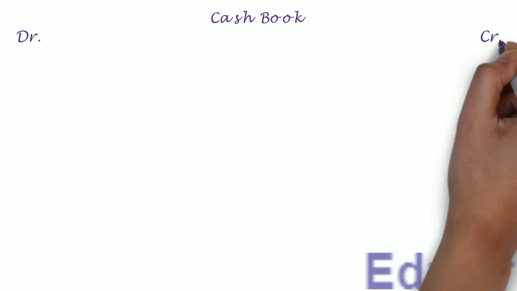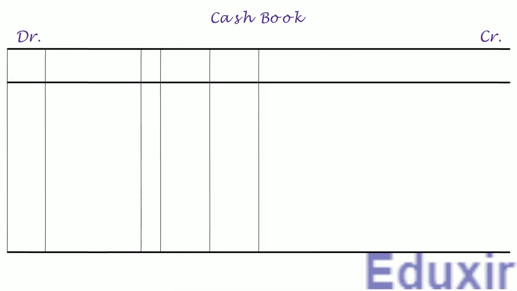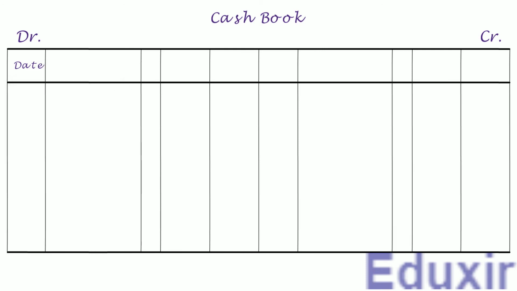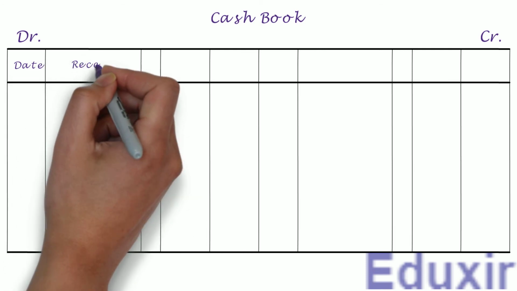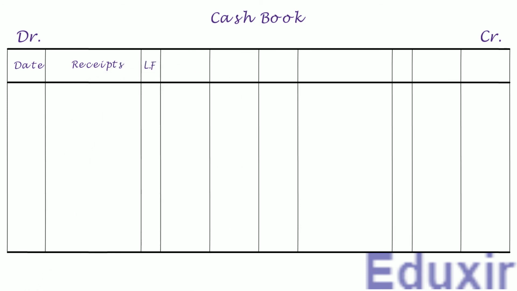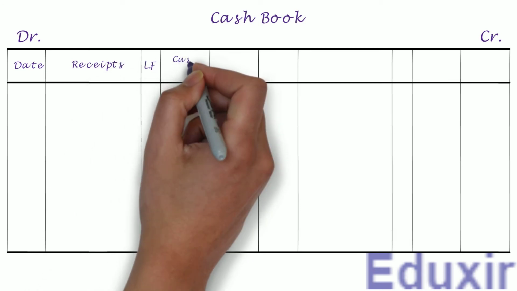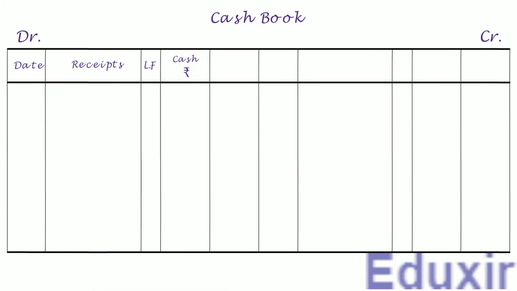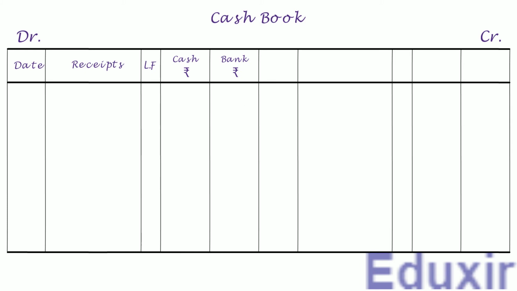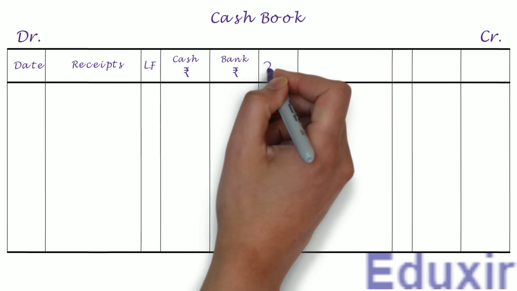Let us then write the headers DR and CR to designate the debit and credit sides respectively. Let us have individual columns for date, receipts, ledger folio, amount in the form of cash in rupees, and amount in the form of bank in rupees on the debit side. On the credit side, we will have date,